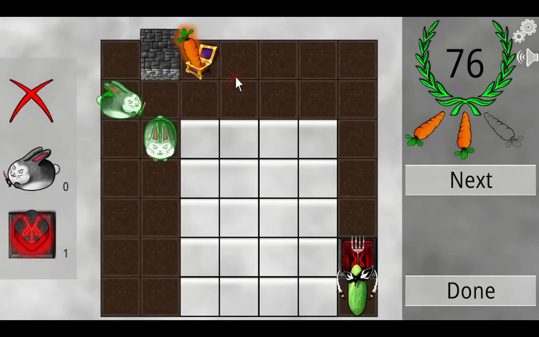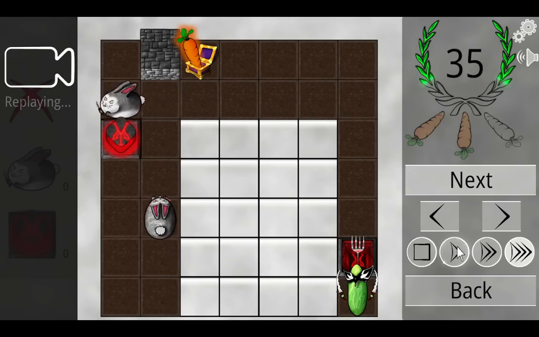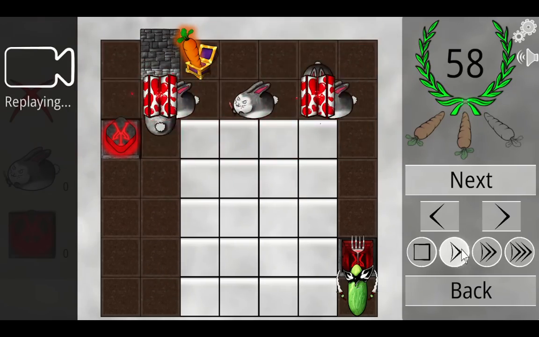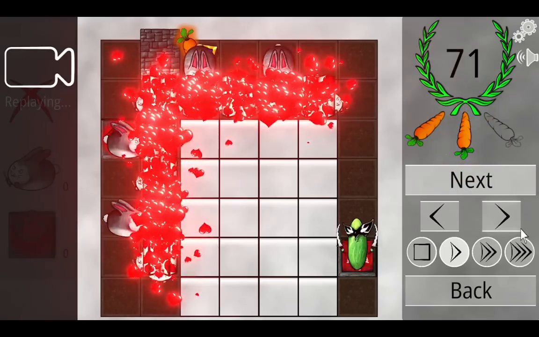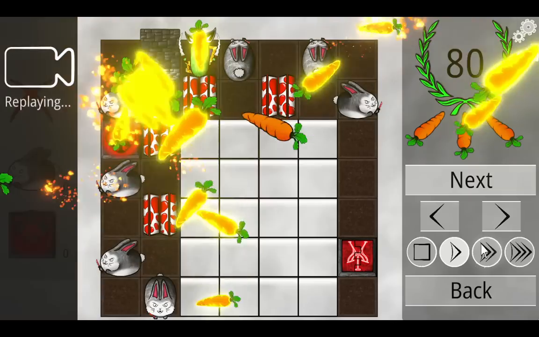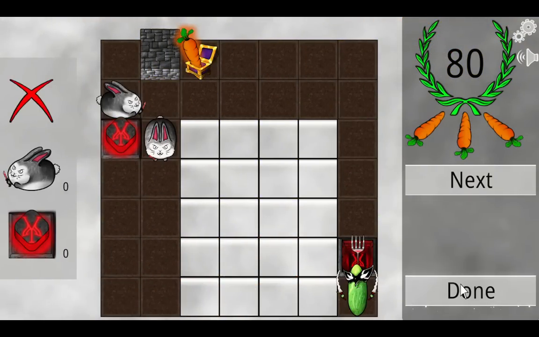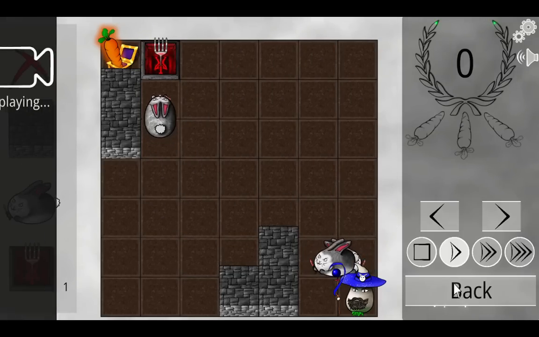Actually, the best location for this is here. If you look at this, this is the last spot that they will go to. So they go down, and then hit this one last. Okay, and... Yes! Oh my gosh, that's so good. Oh, that looked so impossible at the start, and you just had to notice that one bit. Okay. Alright, next level, level 26. This dungeon seems difficult, so...